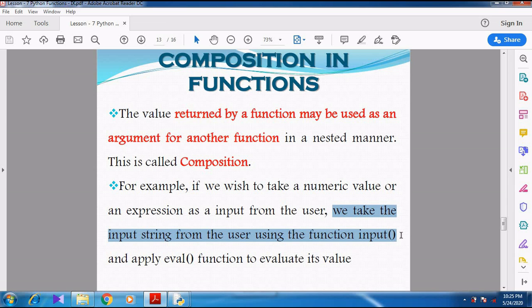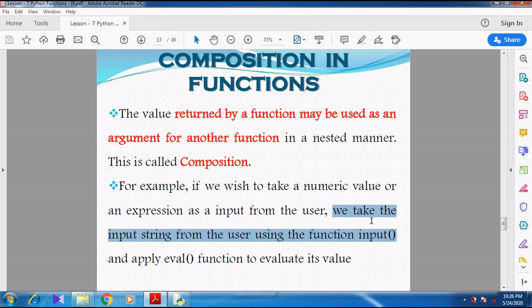Again I repeat, whenever we give a value, string, or any expression, all the input is received by the Python program using the input function. So the input function acts as an intermediate between the user and Python.